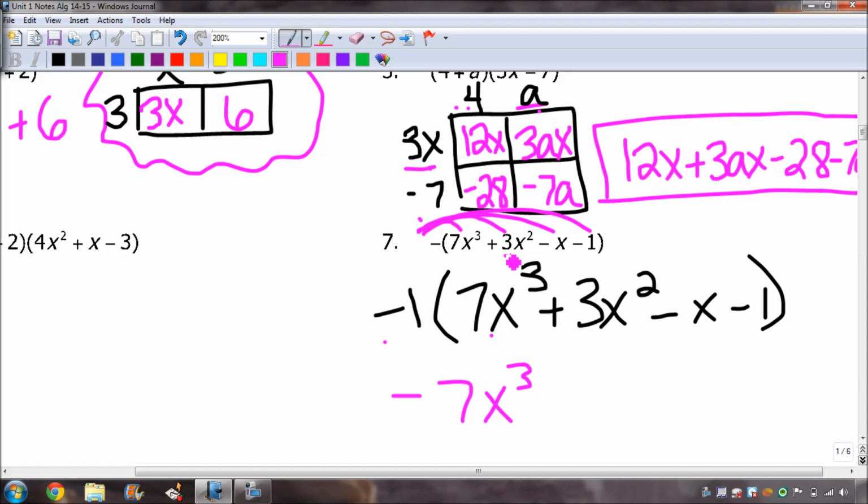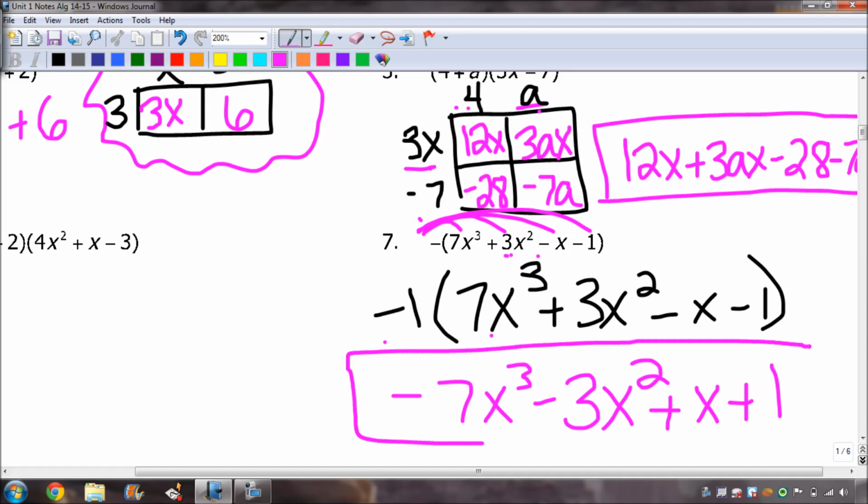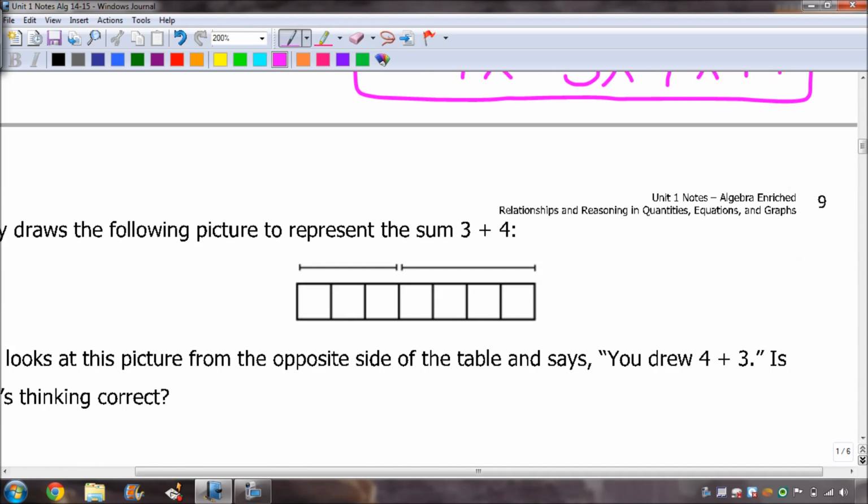This positive 3x squared here becomes negative 3x squared. This negative x becomes positive x. And this negative 1 becomes positive 1. So I've distributed the negative through. Again, writing it out like this is not necessary, but you may use it if it is helpful to you. All right,